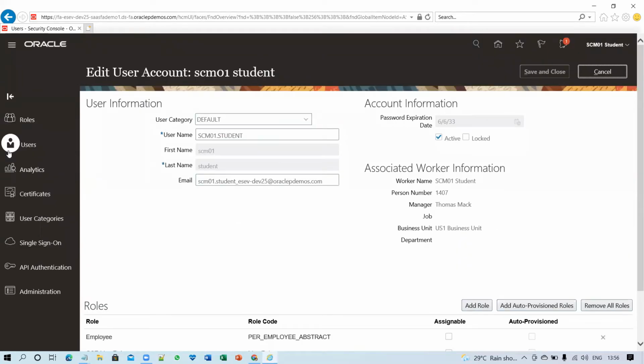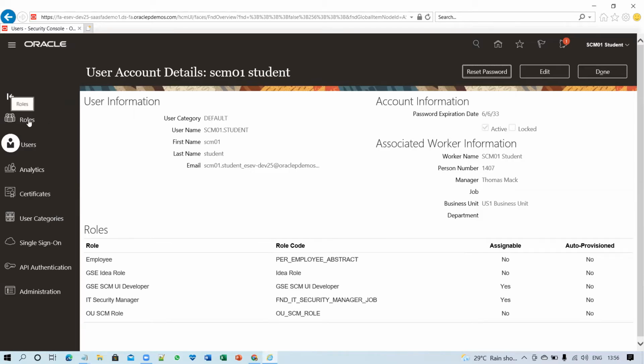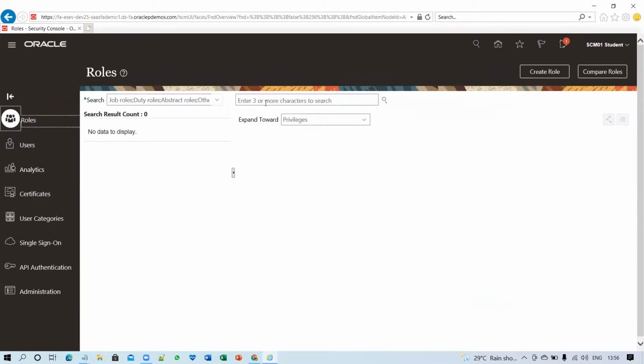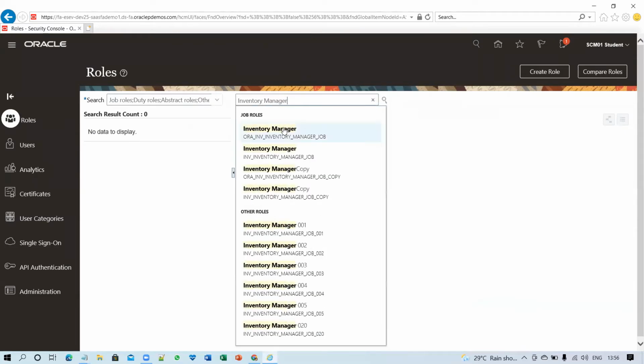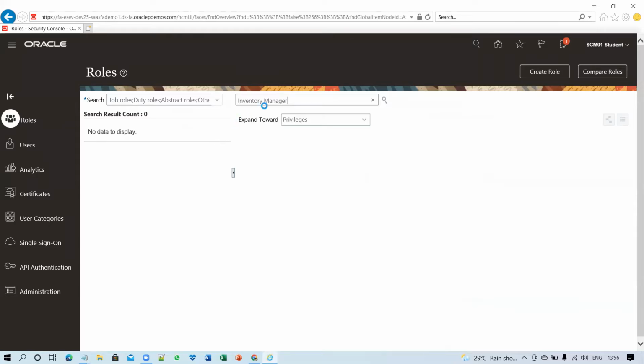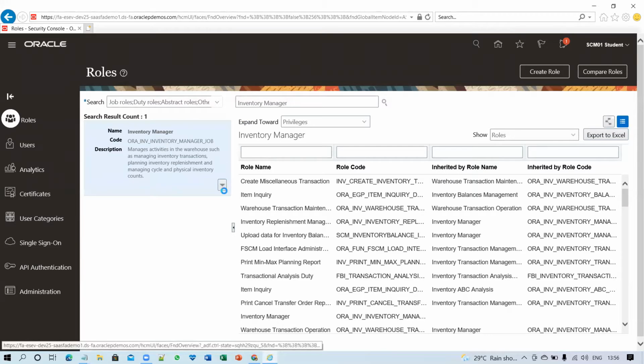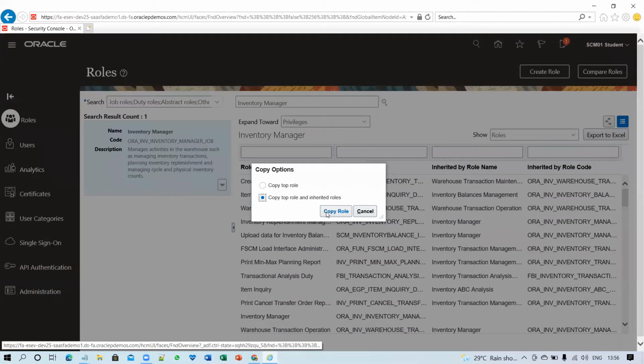First, let me create the custom role and then we'll add it over here. Let me create an inventory manager role. I search for the inventory manager role and copy the particular role. I click on copy top role and inherited roles as well.